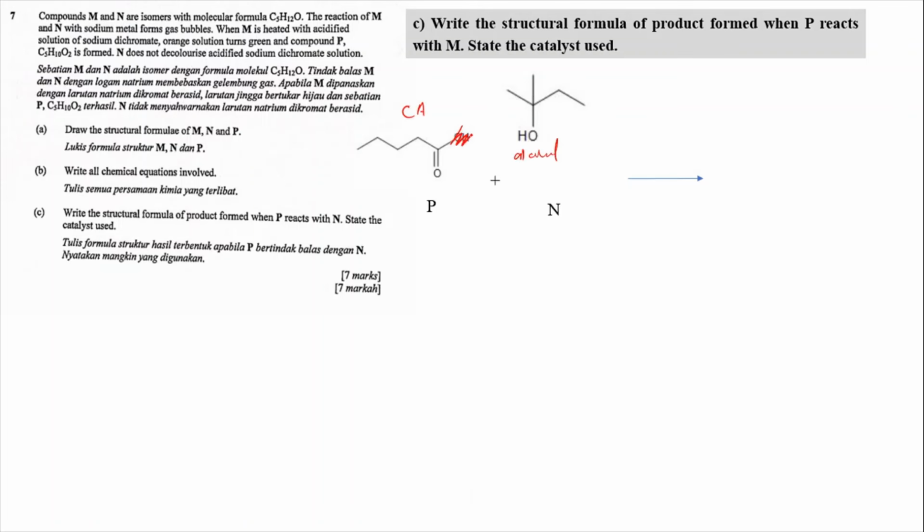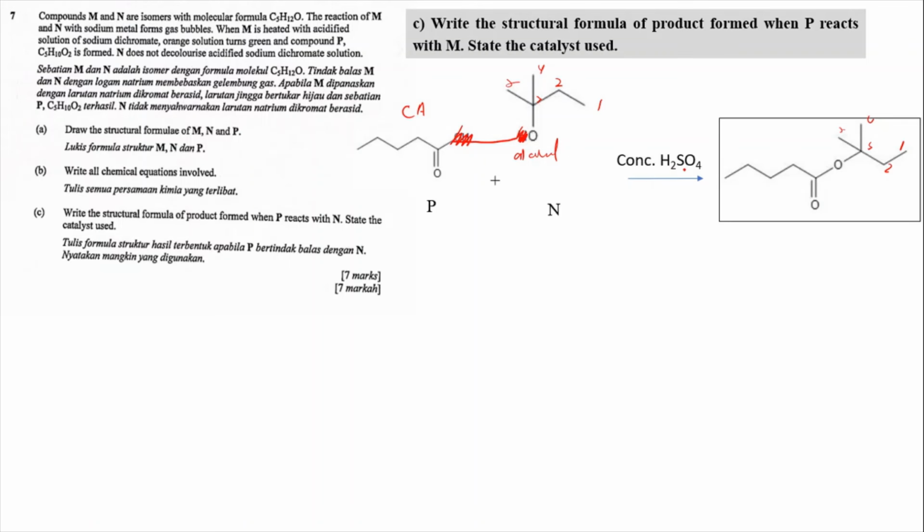So OH is going to be removed and hydrogen is going to be removed, so it's going to be attached straight away to the oxygen with this branch here. What you're going to get at the end is it's going to link straight away to O, and the carbon chain here is going to be maintained: 1, 2, 3, 4, 5. So it's still maintained. Okay. And then for the esterification to occur, we need the catalyst, which is the concentrated H2SO4